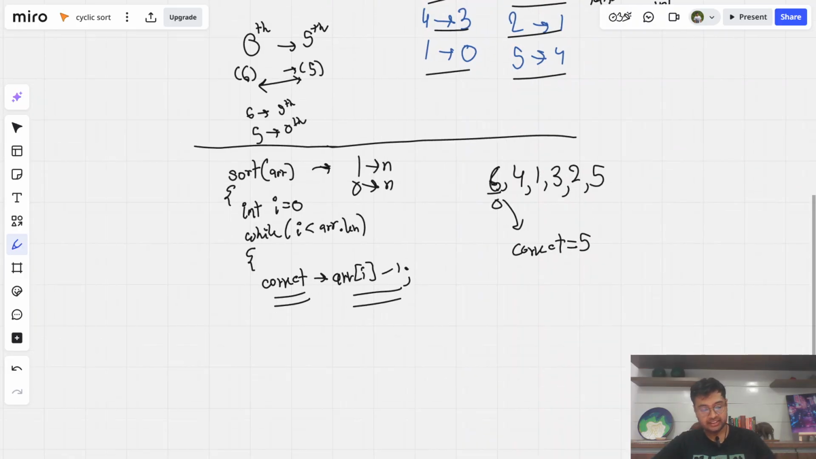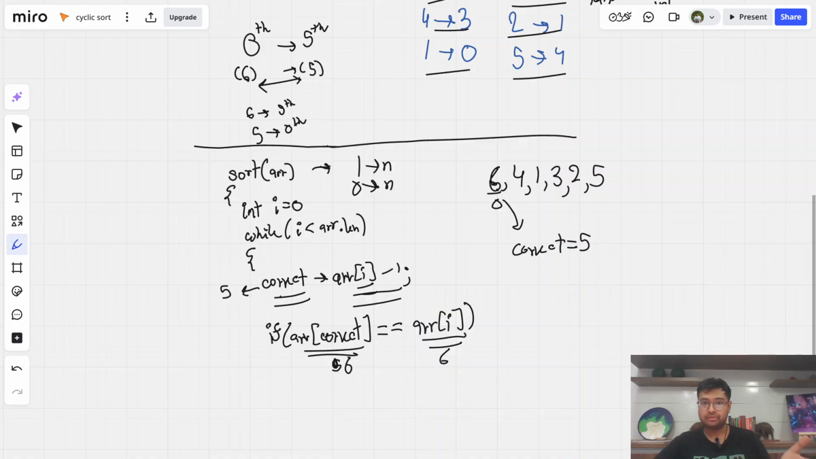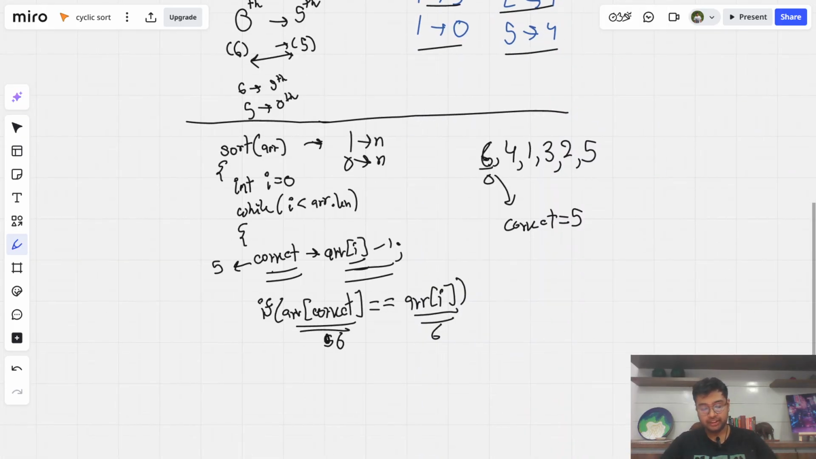Alright, so correct index, we found the correct index for this element. Now we simply check if the element actually is at the correct index, which is array of i. What we are basically checking is that the correct index for the 6 should be 5, and we are checking that at the 5th place does 6 exist, meaning it should basically match. That's what I'm trying to suggest to you. So does this match? If it doesn't,